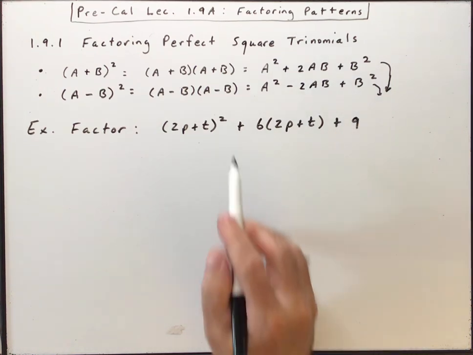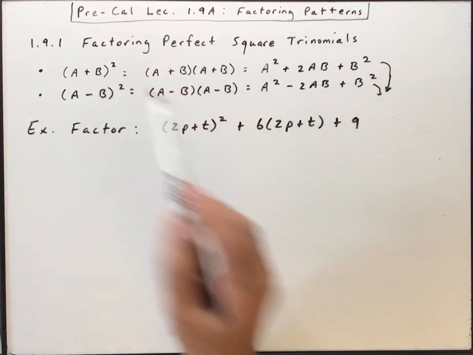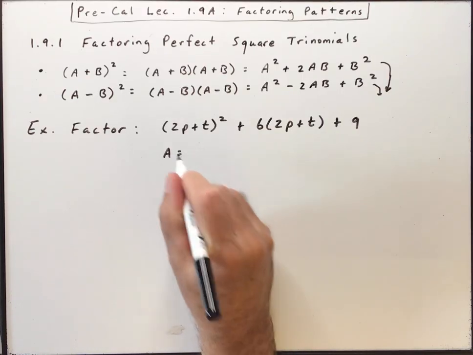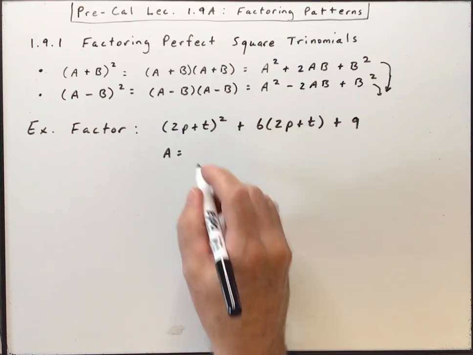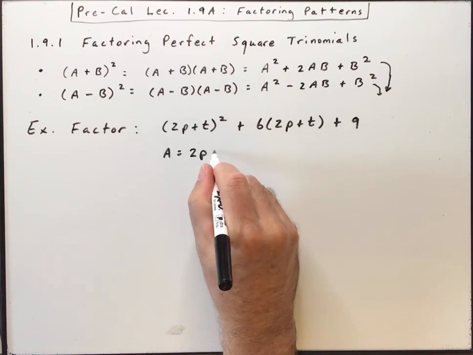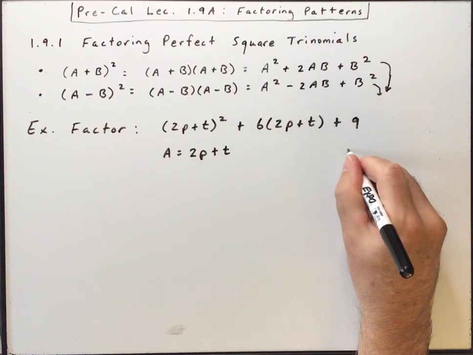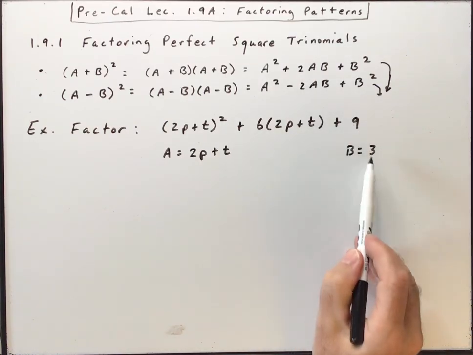Well, believe it or not, this one actually matches the perfect square trinomial pattern. Because what would A be? Well, if you take the square root of (2p plus t) all squared, you get 2p plus t. And then obviously the square root of 9 is 3, so you have a